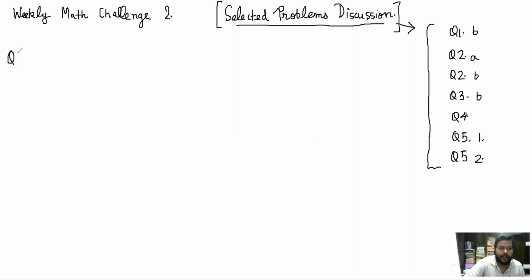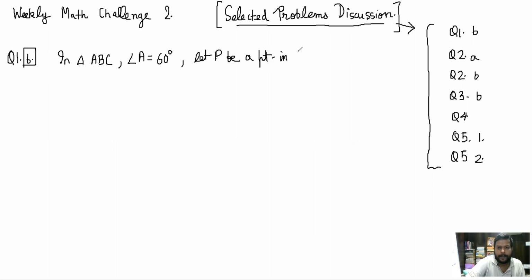Question number 1, part B, right? So this is, I think, a geometric inequality. Let me just check. This is in triangle ABC. We have given angle A is 60 degrees. Let P be a point in the plane